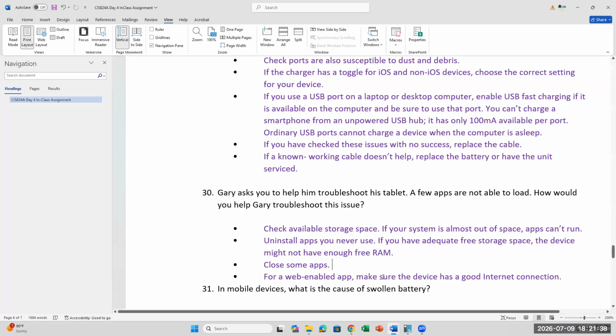And then if it is a web app, then make sure that there's a connection. 99% of your applications are web apps. All the games that you're playing on mobile devices, your map, all of them are web related. You can go offline to a certain extent, right? But it needs your location if you're using a map and so on. So